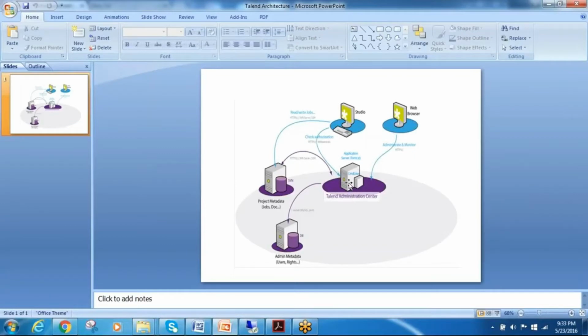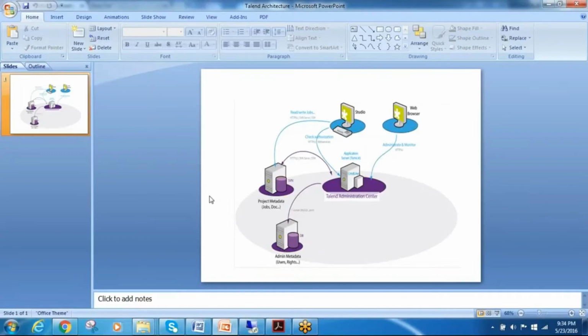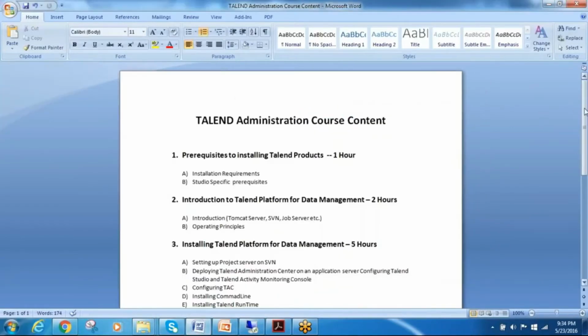Whatever data you make available here, that data's metadata will be saved in the H2 database. So this is the architecture of Talend Integration Studio. Okay, so coming to this administration part,